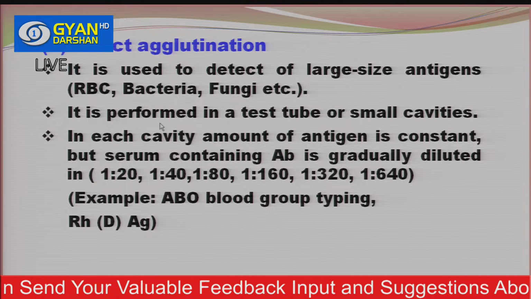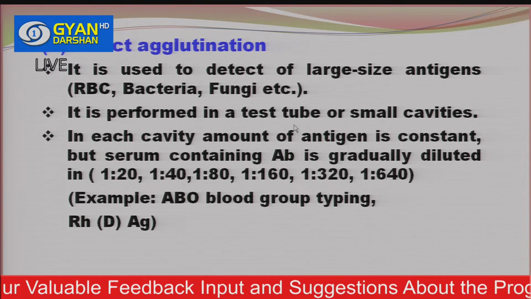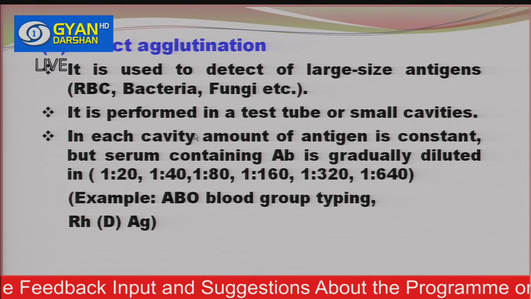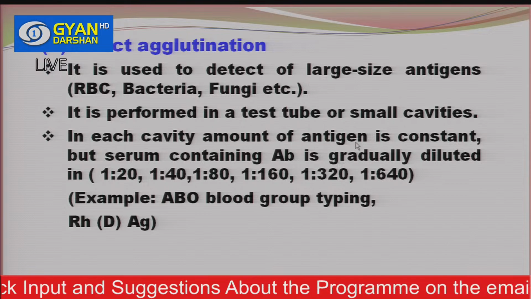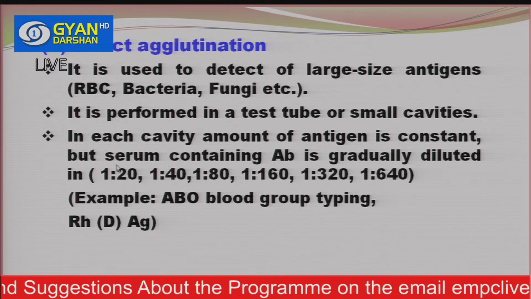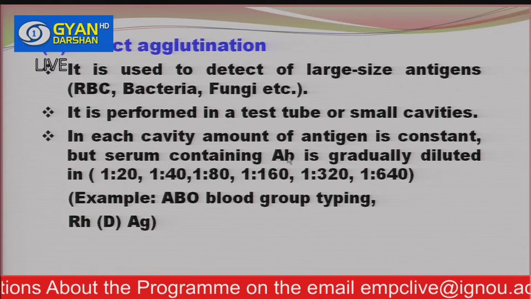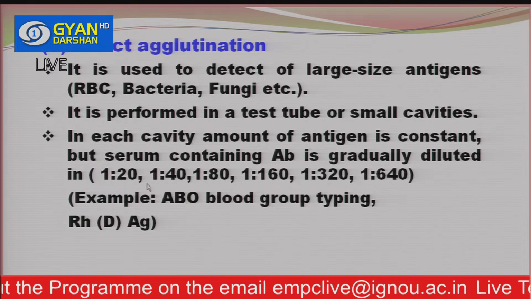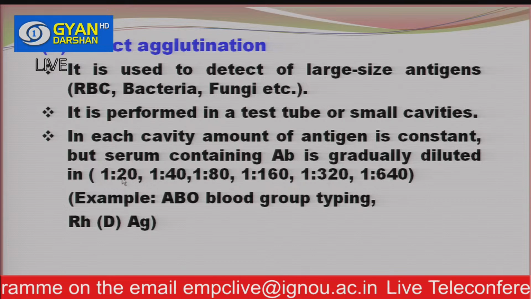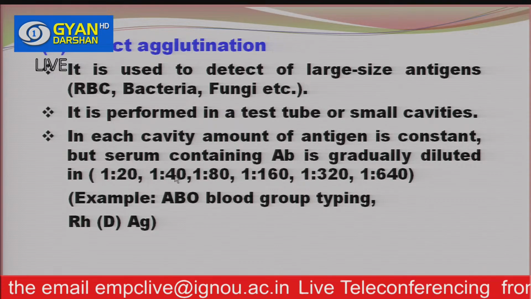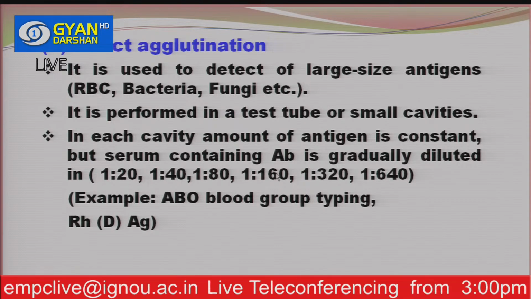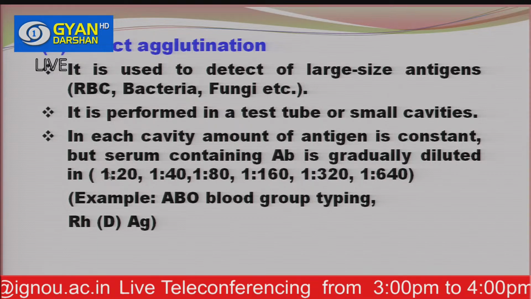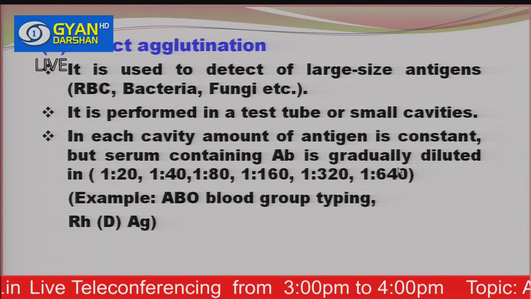It is performed in a test tube or small cavities. In each cavity, the amount of antigen is constant, but the serum containing antibodies is gradually diluted, 1 to 20, 1 to 40, 1 to 80, 1 to 160, and we can vary the concentration of the antibodies